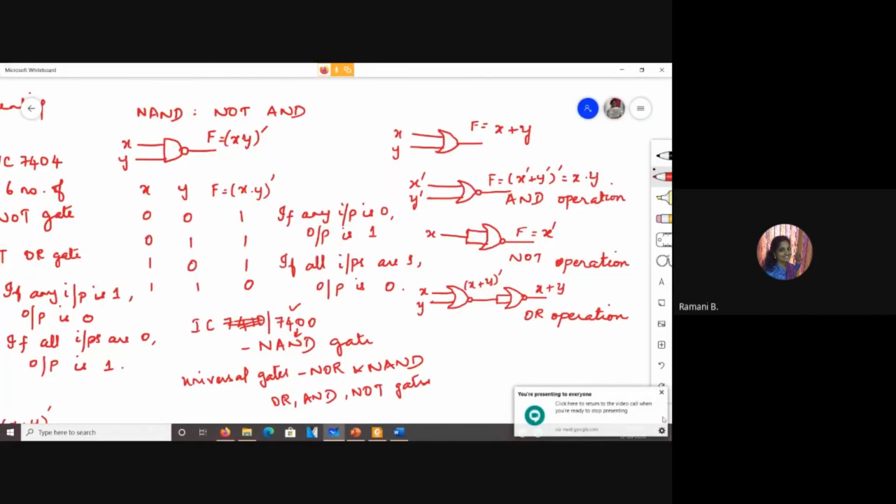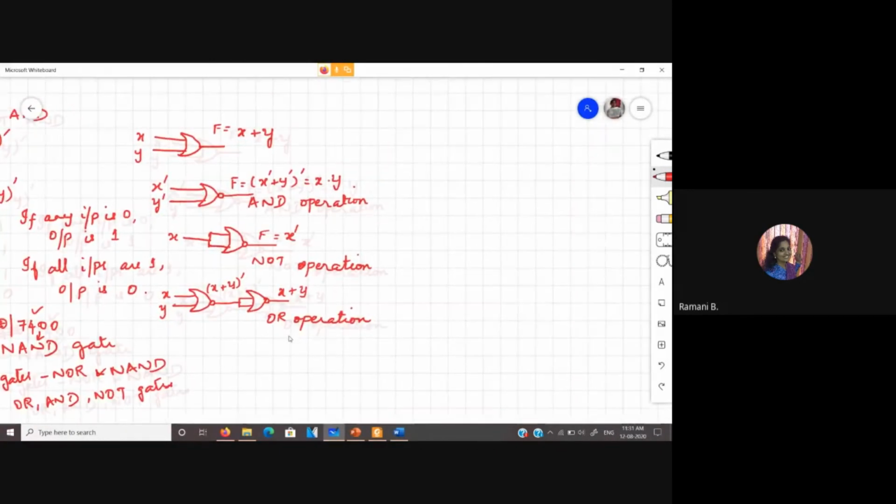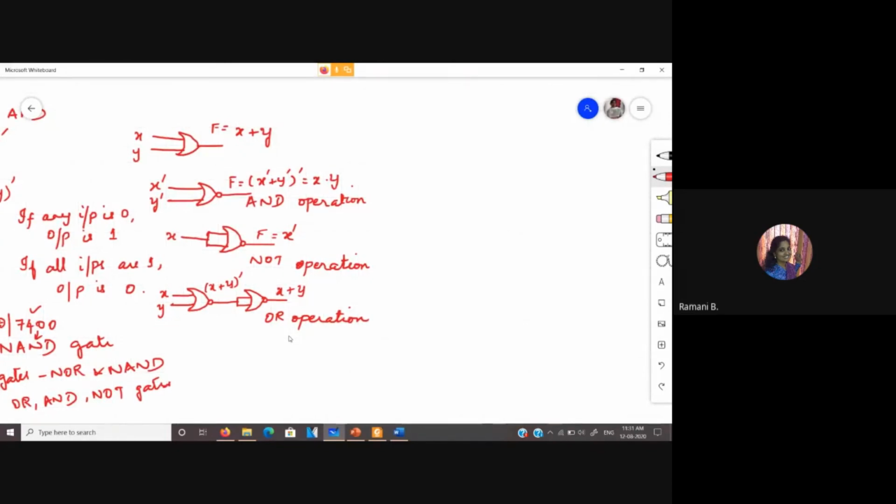Okay. So you could implement all the basic gates using the NOR gate. The same way you could do for NAND gate also, because NAND gate is similar to this. So in order to have the AND operation, you will be having x and y. So this will be x dot y the whole bar, and this will give me xy. This is our AND operation.